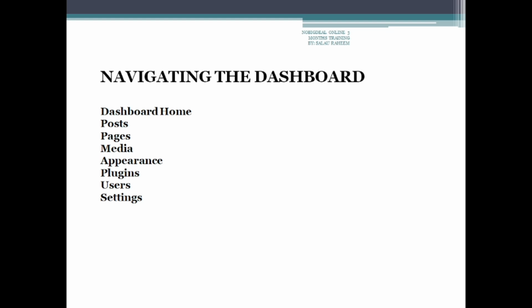Then we have media. Under this media, that's where we upload images, videos, and files. We have appearance. That is where we customize our themes and our widgets. That means themes, how you want to beautify your post or your page. Then plugins. That means adding extra features to WordPress.